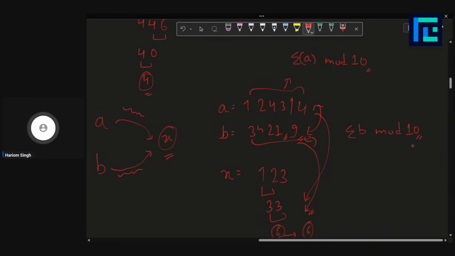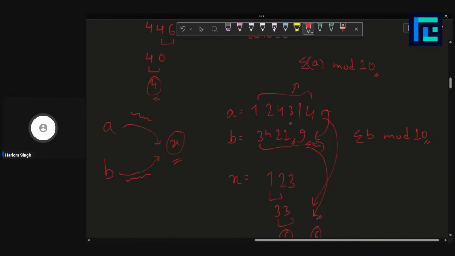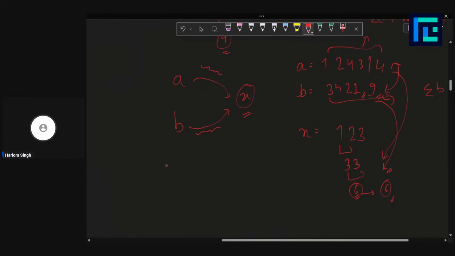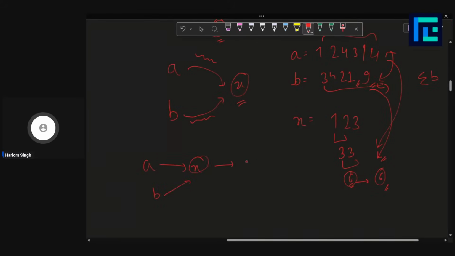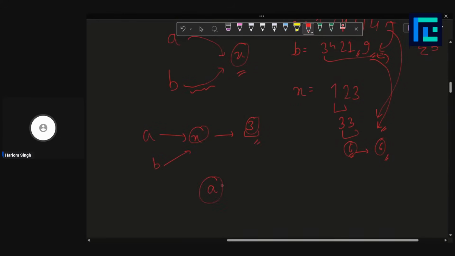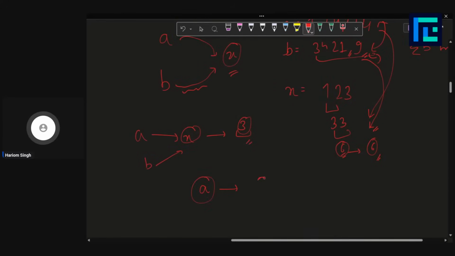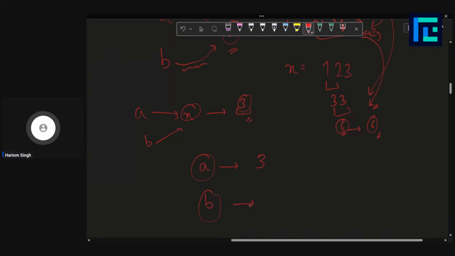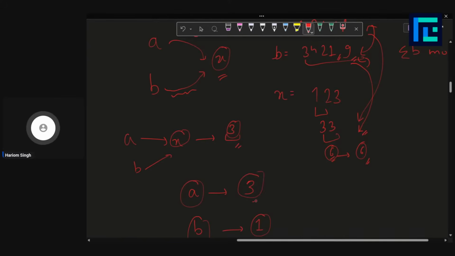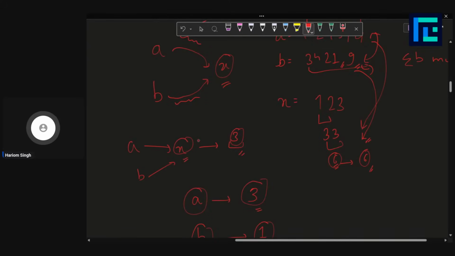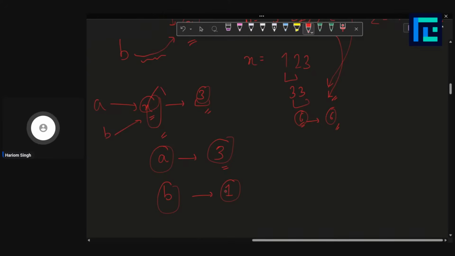Right. And the necessary condition for the string A to reach the string B is that, let's say, from A you're able to reach X, from B you're able to reach X. Then if you perform the operation on X, you'll reach some common number, right? So let's say you reach 3. But let's say from A, after adding all the digits, you reach the number 3, but after adding all the digits of B and doing it modulo 10, you reached 1. Now, it is never possible that you're able to reach X, a common string, right? Because A and B itself are not common, right? I hope that makes sense,